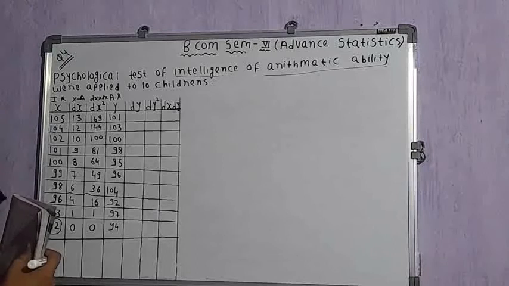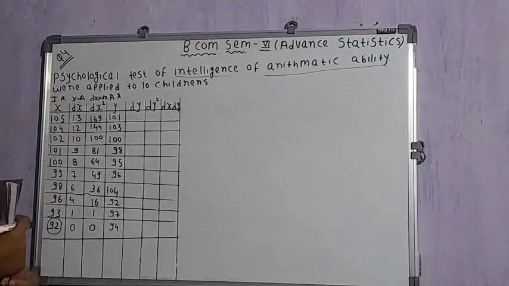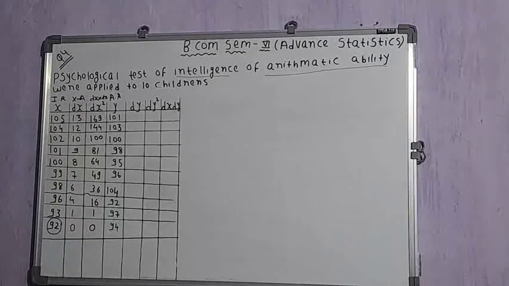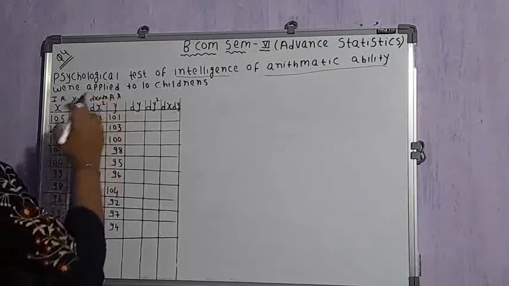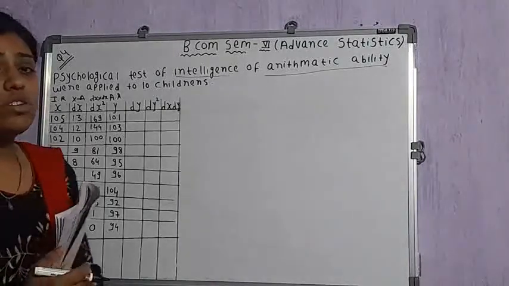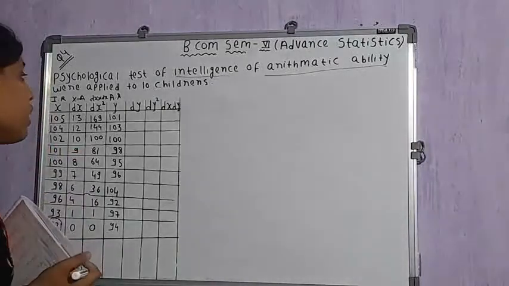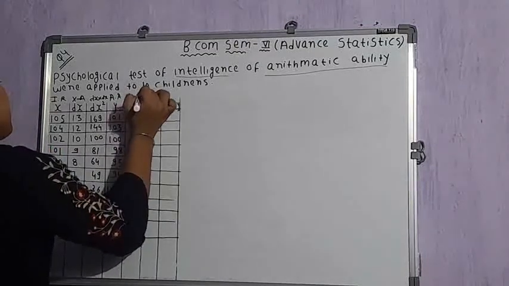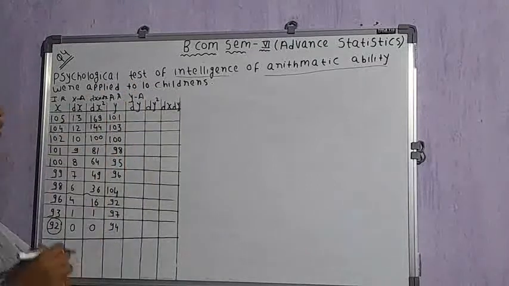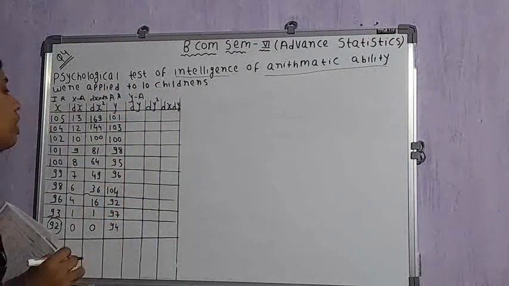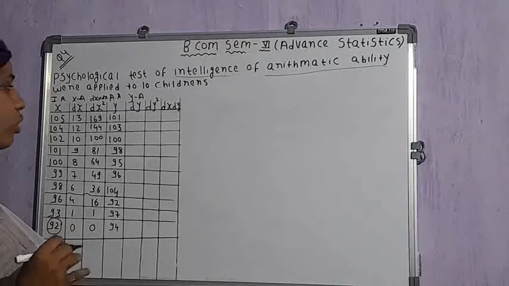Now what is the next variable? Y. Okay. So the value of y we have taken from the question. Now what is the next column? That is dy. Now we have to calculate dy. What does dy mean? Deviation from the y series. How are we going to calculate it? It would be calculated as y minus a, whereby a refers to the assumed mean and y refers to an item from the y series.